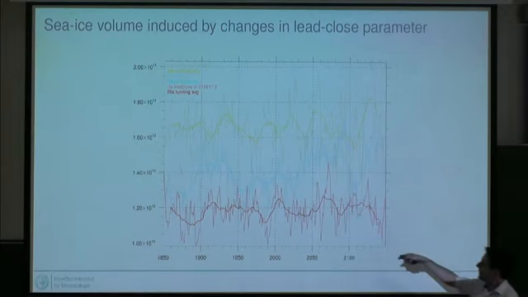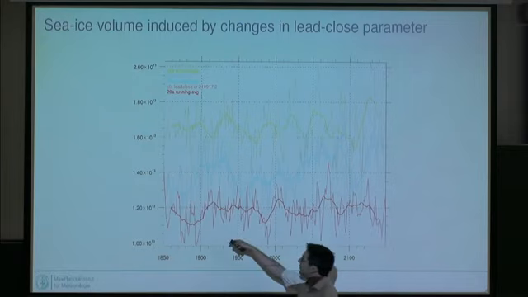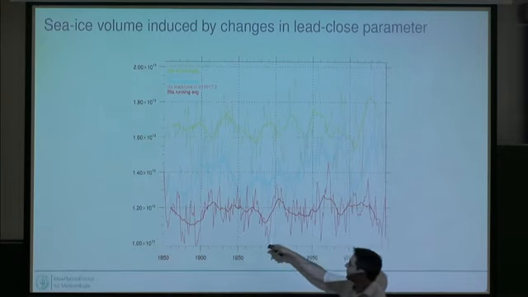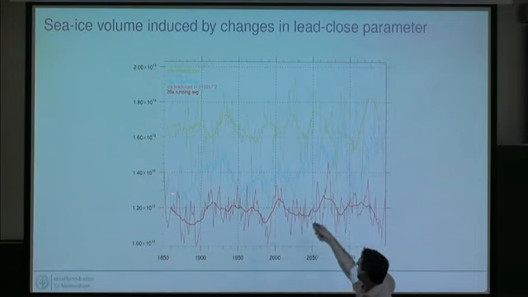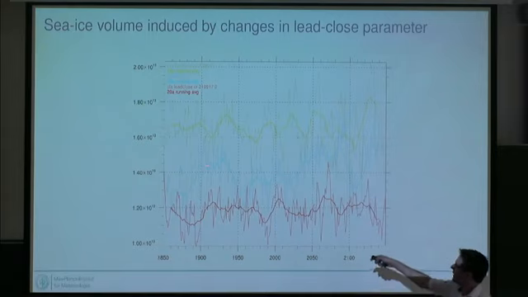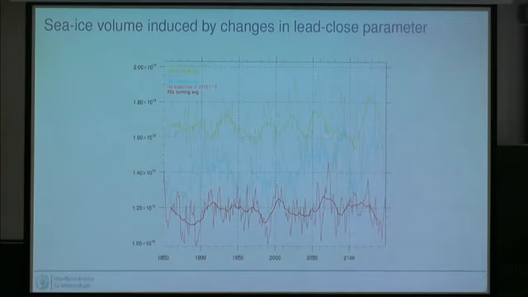And so the blue run, this is the sea ice volume here. It's a bit of a warm model, so we have a bit too little sea ice here anyway. So the blue line here is for 300 years the sea ice volume in the Arctic. The yellow run is a simulation where we increase the sea ice volume by tuning our parameter here. And the red one is where we decrease our sea ice volume.